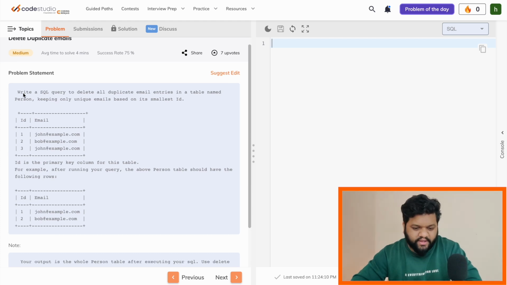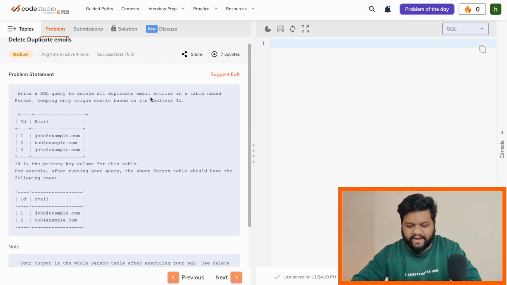So write a SQL query to delete all duplicate email entries in a table named person, keeping only unique emails based on its smallest ID. So this is the data with two columns, ID and email. Here you can see this email entry has been repeated multiple times in this table, but every time with a different ID. So we need to write a query so that these duplicated entries can be eliminated and only one distinct value for each email can be kept in the output table with its lowest ID,